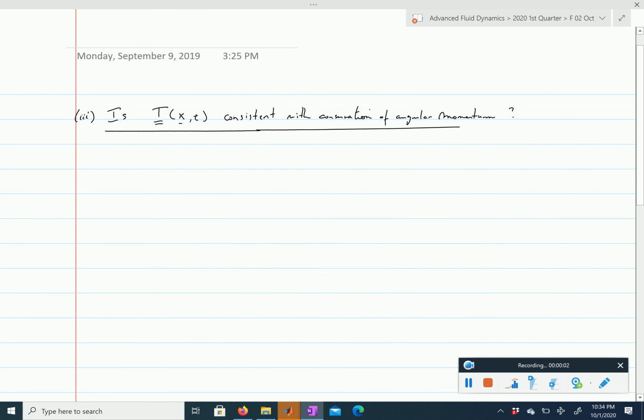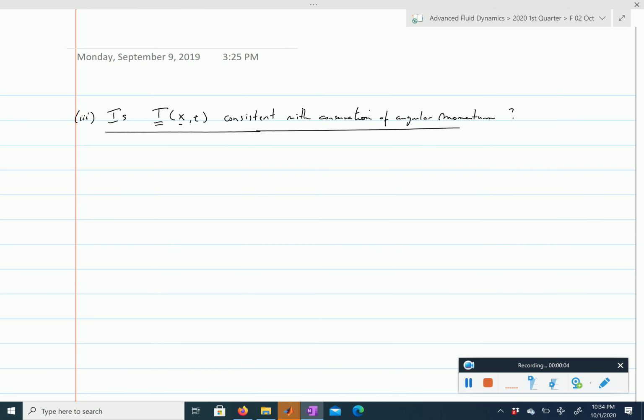Okay, so here we ask whether this mathematical formalism for the description of the forces applied within a continuum using a tensor is consistent with the conservation of angular momentum. We'll assume the same view. What if we look at a control volume which we shrink to a single point? When you write the conservation of angular momentum in this case, you find that the equation